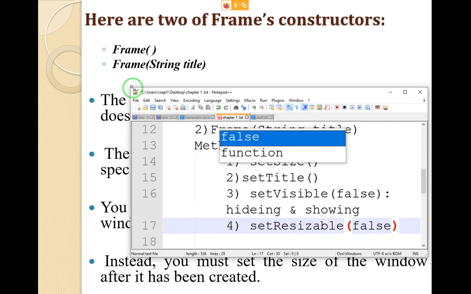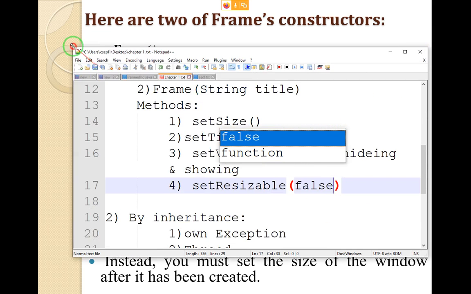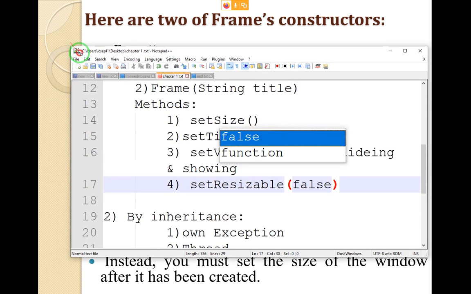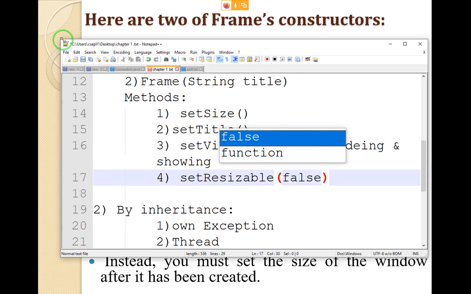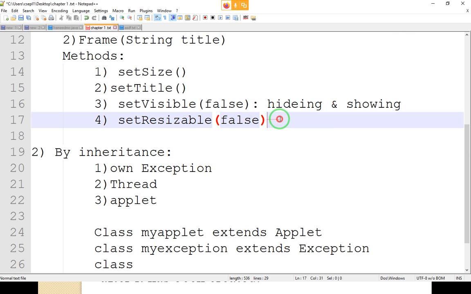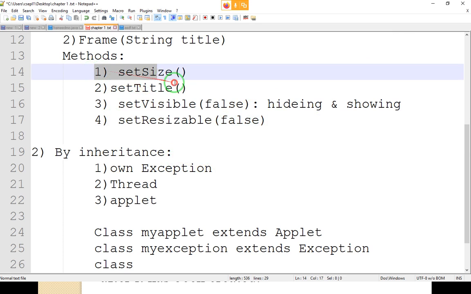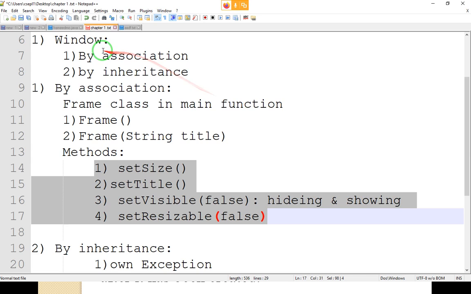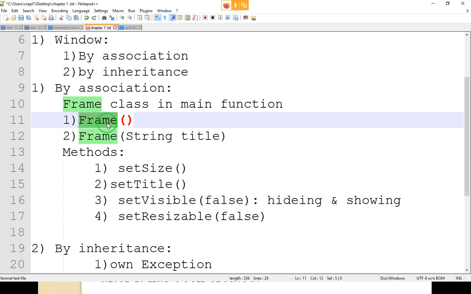Now if you want to restore it again, you can move it like this also. So your frame can be made a fixed size with the help of a method, and that method is nothing but setResizable. Now these are all the methods of the Frame class.